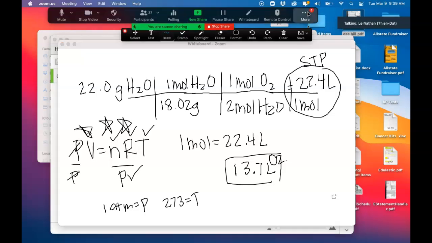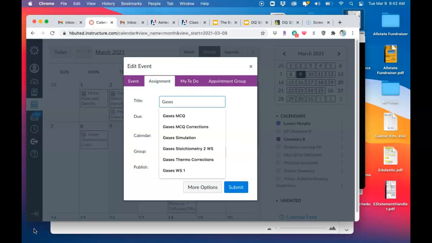Mr. Murphy, how many? The link into Canvas